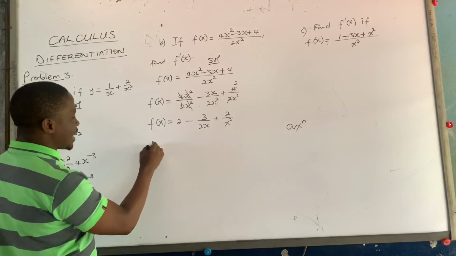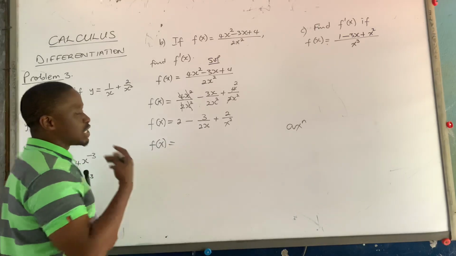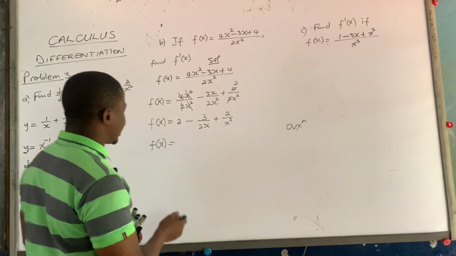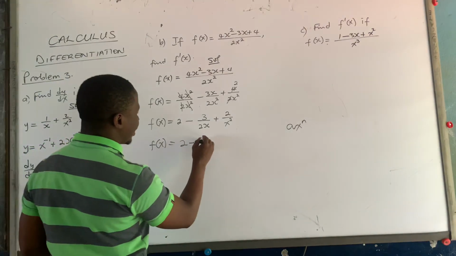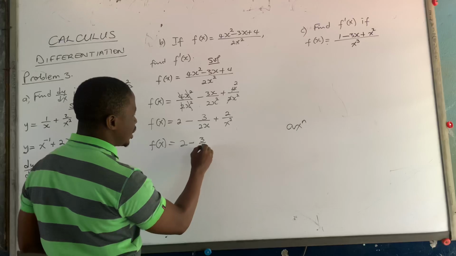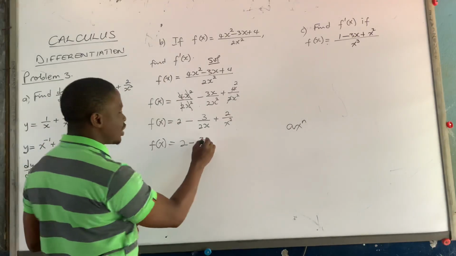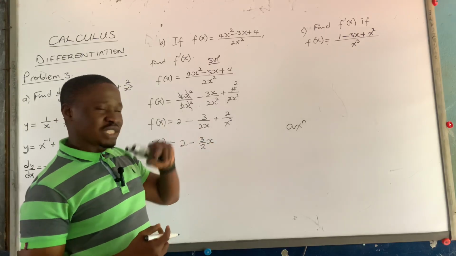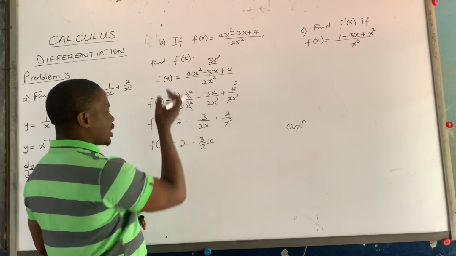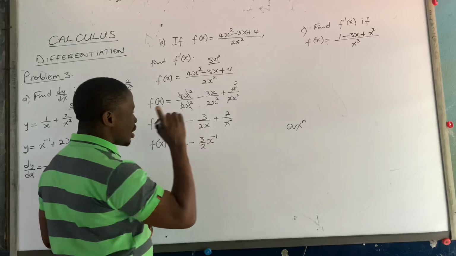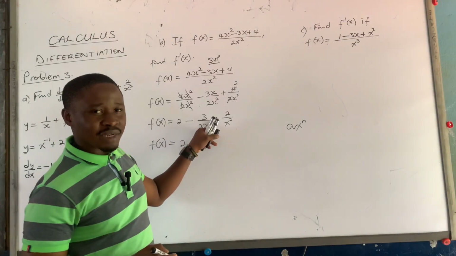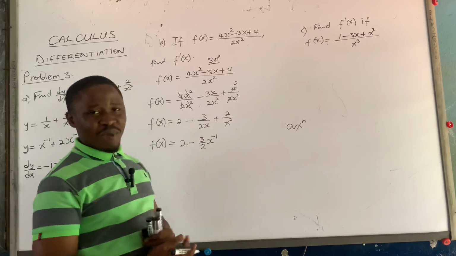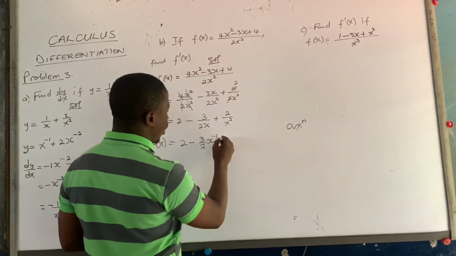So we keep rewriting until we discourage the x from being a denominator. So we say 2 minus 3 over 2. This x has to go up with the sign changes. Here the power is positive, so the sign of the power changes to minus 1. Remember, here is a power of 1. So once the sign changes to minus, we have minus 1. So plus again